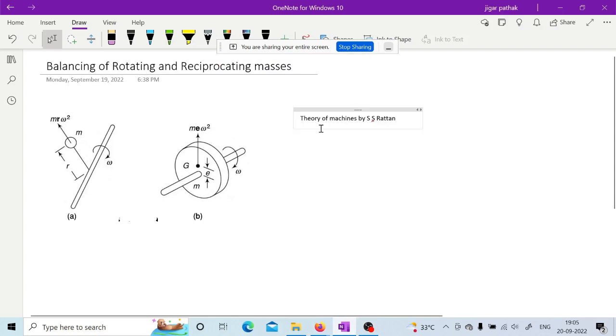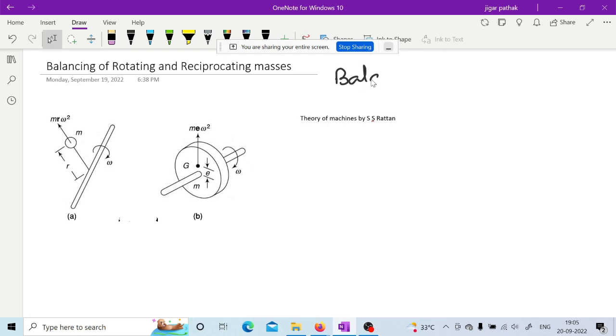Today we will see about balancing of rotating and reciprocating masses. So first we will see balancing of rotating masses. Whenever we are having machine elements having rotating motion or reciprocating motion, there must be some centrifugal forces generated